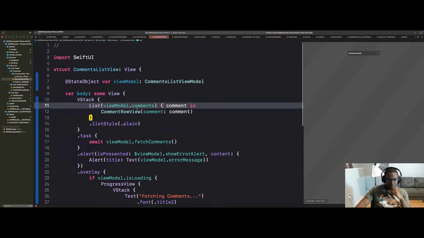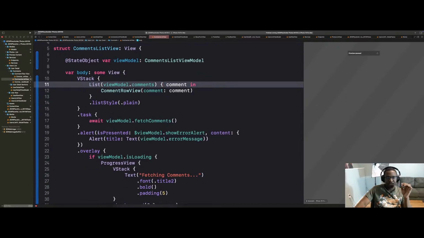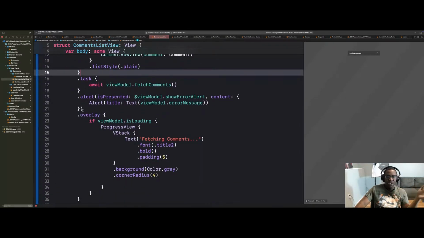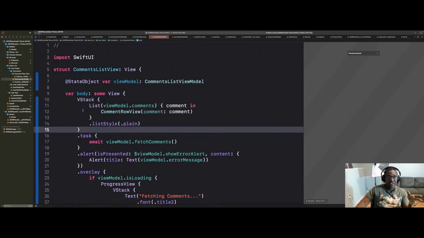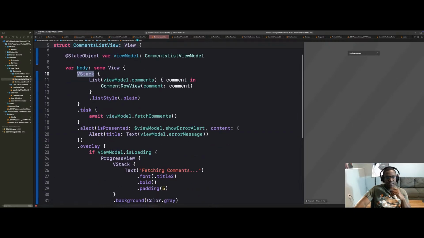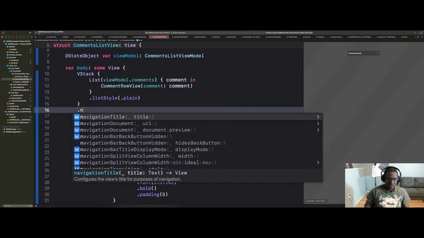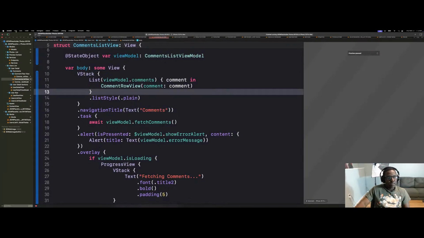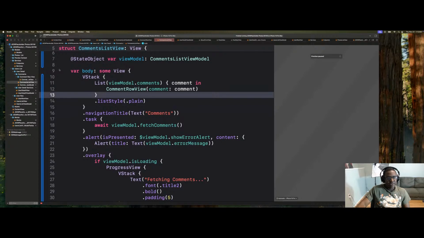And now we will be inside our comments list view, and we're gonna add a navigation title modifier. Again, a modifier is just a way you can add an extra feature to your view. In this case, the view we want to add it to is our VStack. So let's add a quick one. Navigation title, text. All right, here I'm going to make it comment. And then if I minimize this and run again,